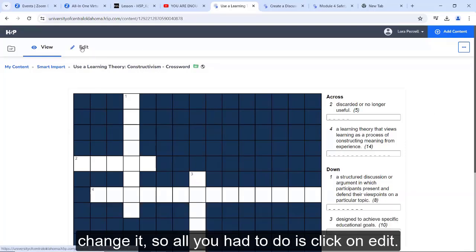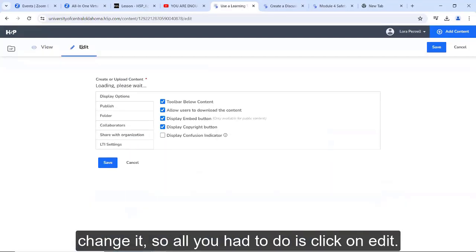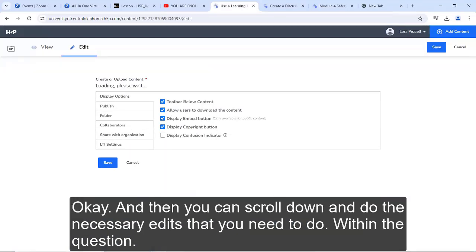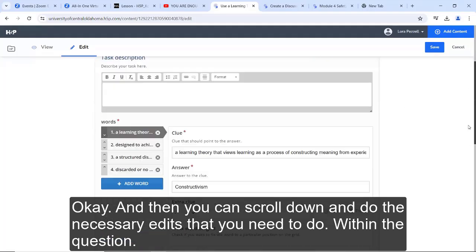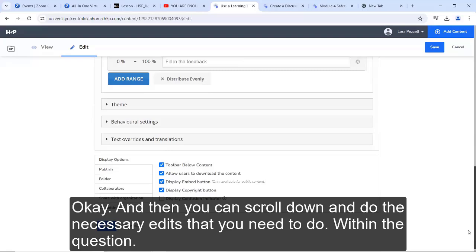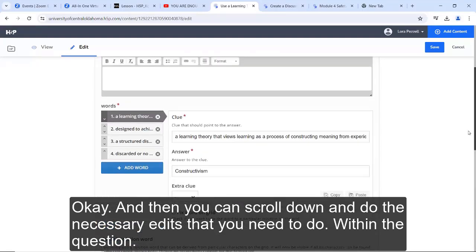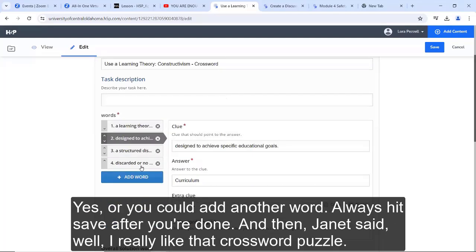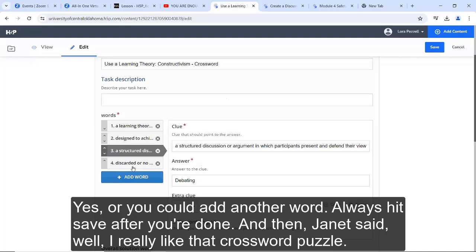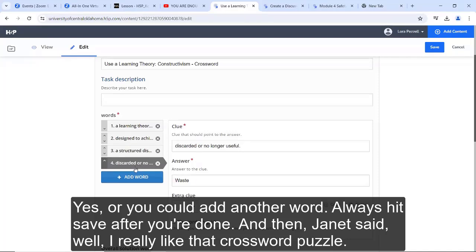So all you have to do is click on Edit. And then you can scroll down and do the necessary edits within the question. Each one of these is a question that you can go in and change. You can click on this, click on that, including answers, or you could add another word. Always hit save after you're done.